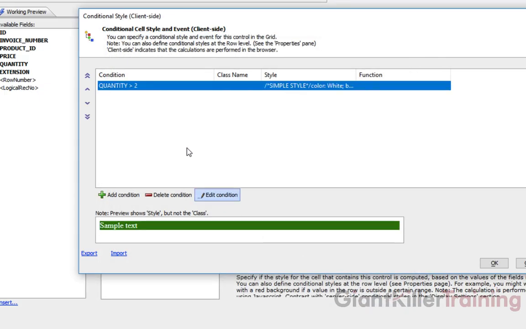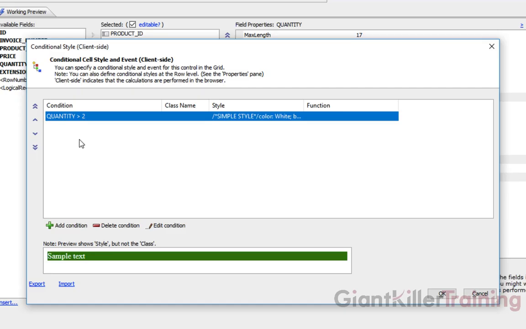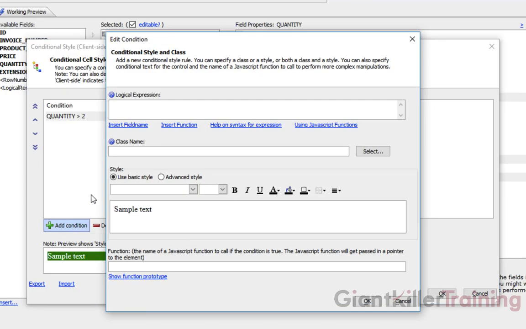And here is our first one. Now what I'd like to do is add a second condition. In this condition, if the quantity is less than 2, then they get a yellow. So I'm going to go ahead and add condition. I'm going to insert our field name, in this case quantity, and I'm going to say less than 2. So if it's greater than 2, they get that. If they're less than